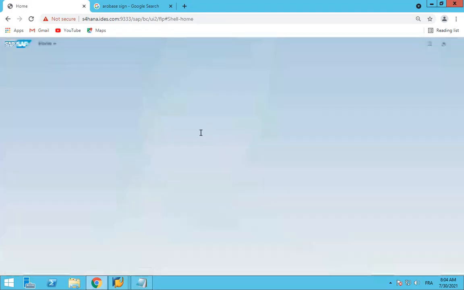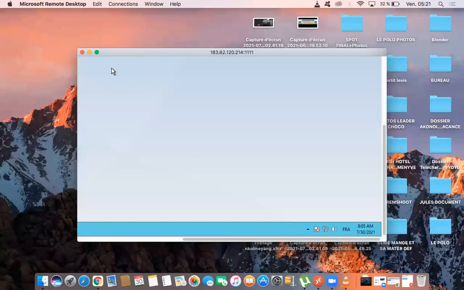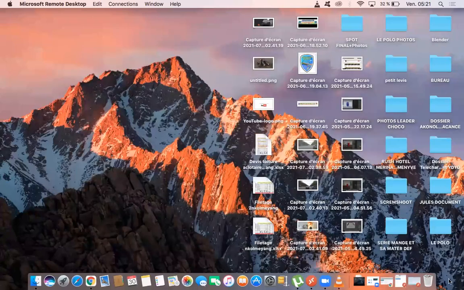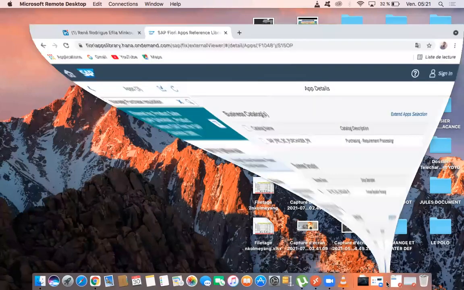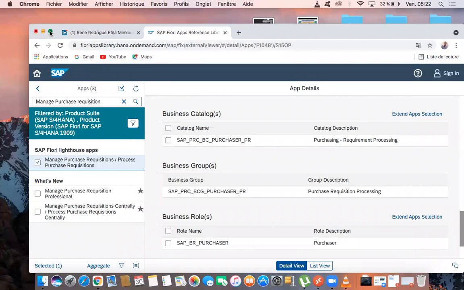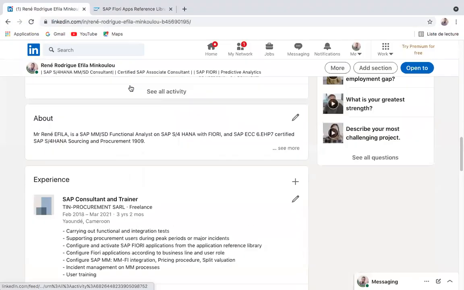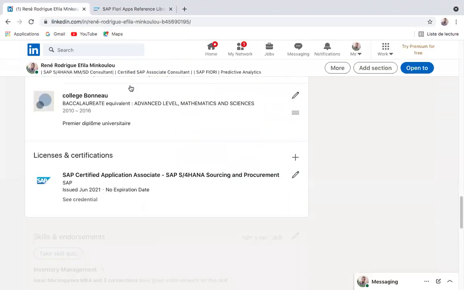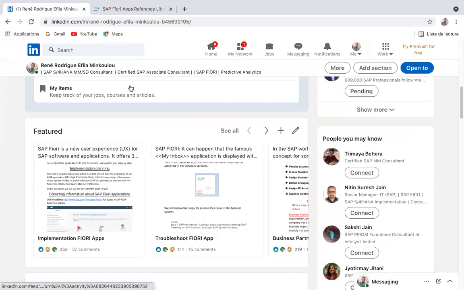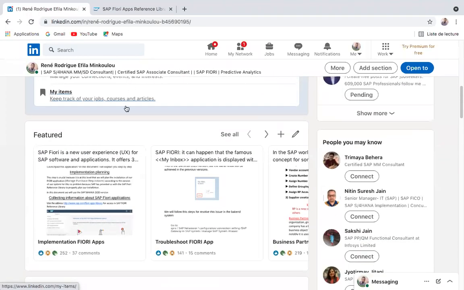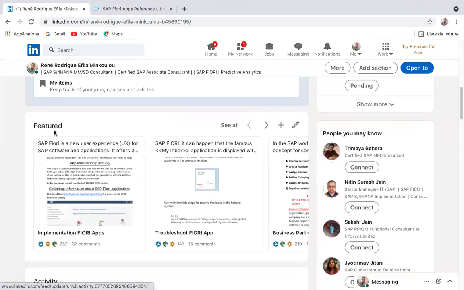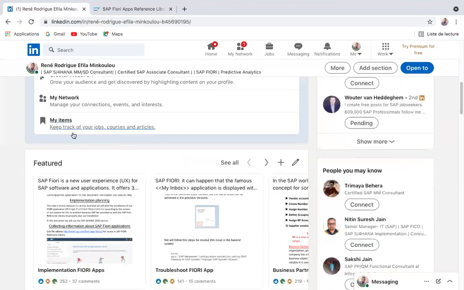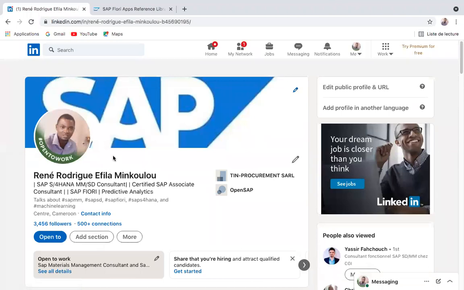Before we come here, if you want this document, I also already have this document. Come to my LinkedIn profile here. You can download this document in my featured section. This is my name, René Rodriguez Nkolo. I am an SAP SD consultant.